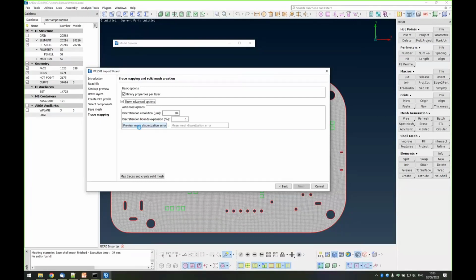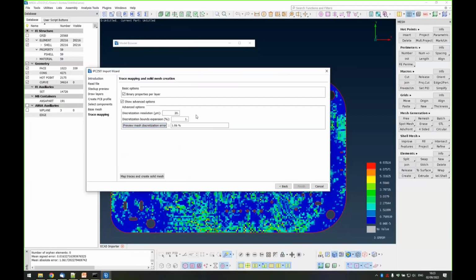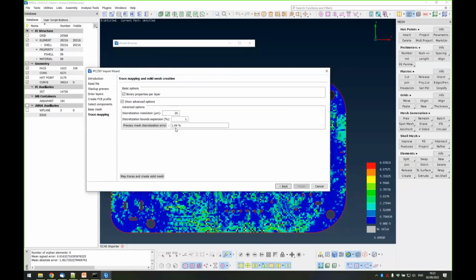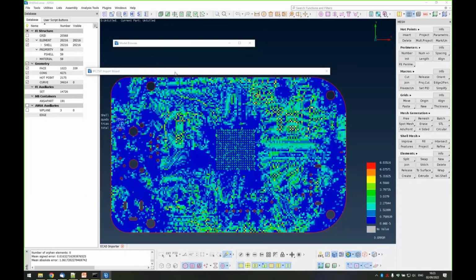But if you want to see how much error you make, you can preview the discretization error. And if you are not satisfied with it, you can change this number. And here you will get the mean discretization error in percentage. Right now you see that it's calculating this error, and we will have a fringe view of the discretization error on all the elements. Okay, so here you can see how much error we're making when calculating the metal fraction with this method per element. We have from 0% to 6%, but the mean error is 1.06%, so it's acceptable, we can use it. As you can see here, we have the error per element.